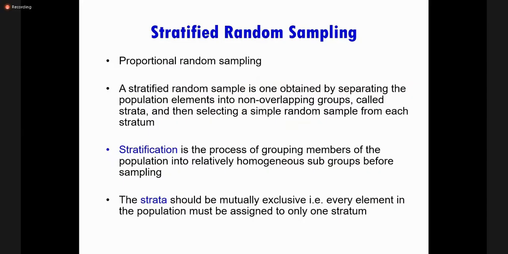This is one example. So then comes stratified random sampling. A stratified random sample is basically one obtained by separating population elements into non-overlapping groups called strata. It is actually quite similar to quota sampling. In quota sampling, we were making quotas on the basis of different characteristics, and we wanted the representation of each characteristic in our sample. Like we wanted our sample to comprise males and females both, and we take 50-50% in quota sampling, the example we just shared.